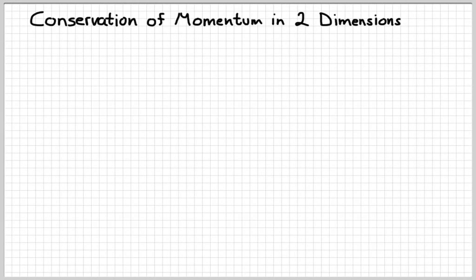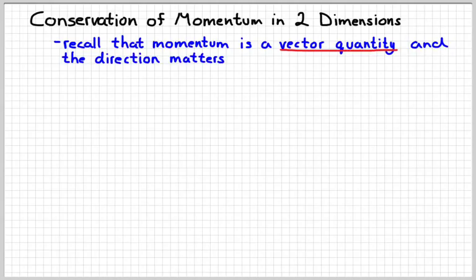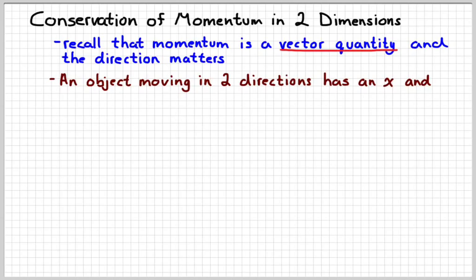Hello. This video is about momentum and its conservation in two dimensions. Remember that momentum is a vector quantity, which means it has both a magnitude and a direction. The direction is going to be really important when we're moving in two dimensions. Also recall that something that's moving in two directions has both an x and y, or horizontal and vertical, component